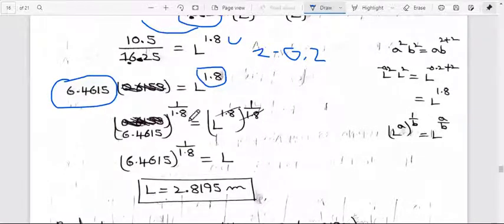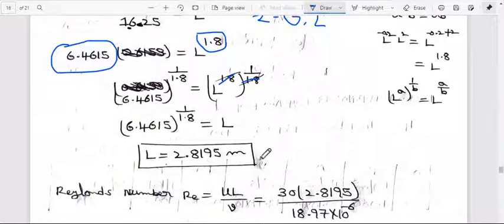So here 1 by 1.8, 1.8 and 1.8 get cancelled. So here this is the L value is equal to